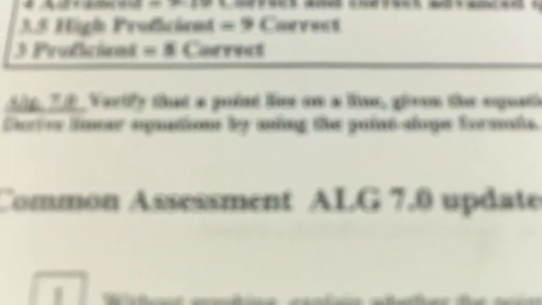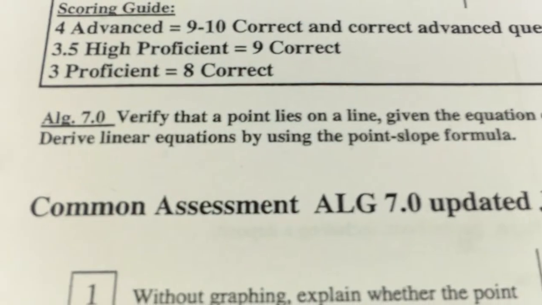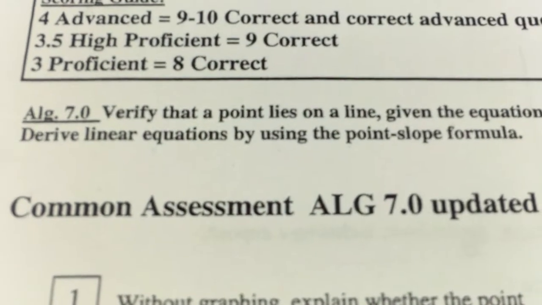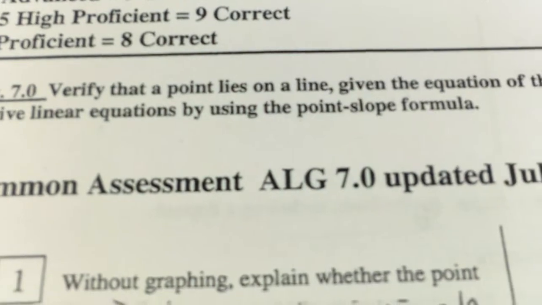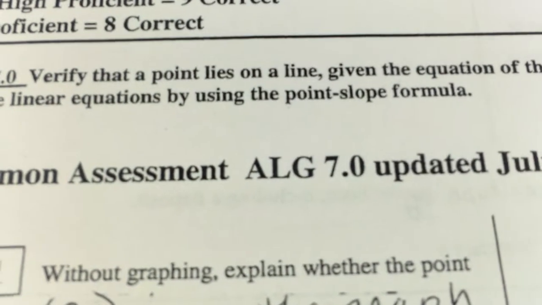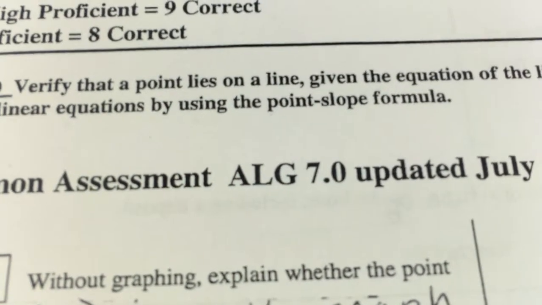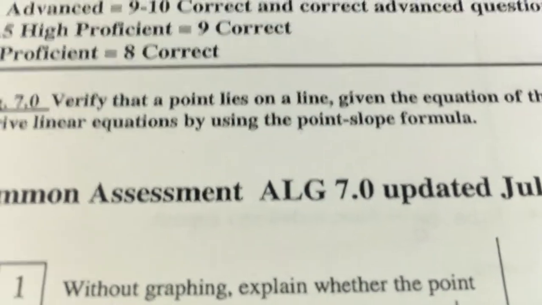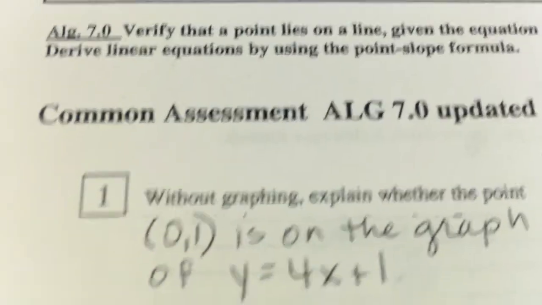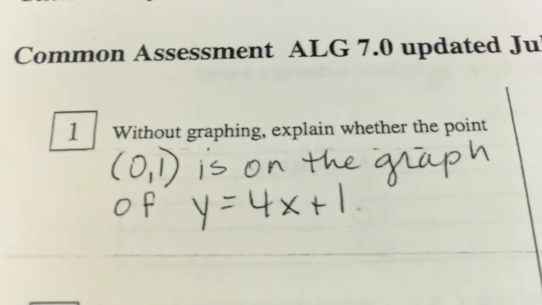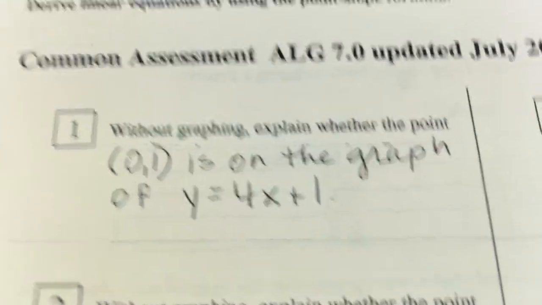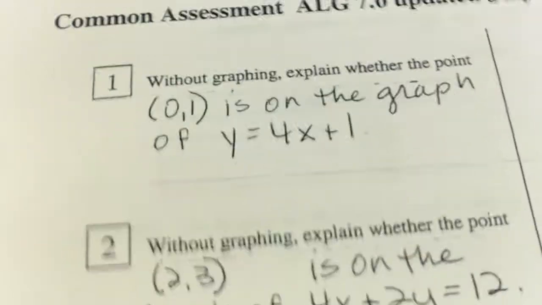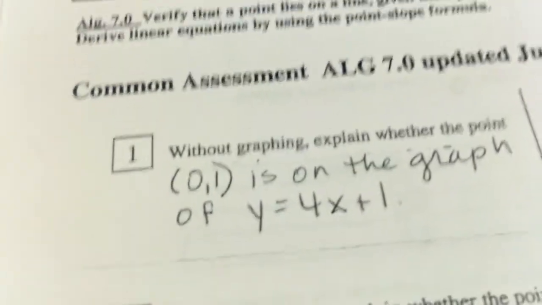All right, this is our study guide for assessment 7.0, and 7.0 says verify that a point lies on a plane, that a point lies on a line, given an equation of the line, and derive linear equations by using the point slope formula. So number one, without graphing, explain whether the point 0, 1 is on the graph of